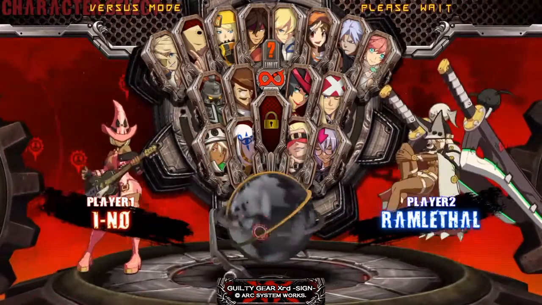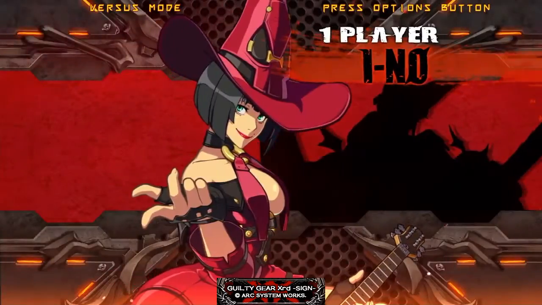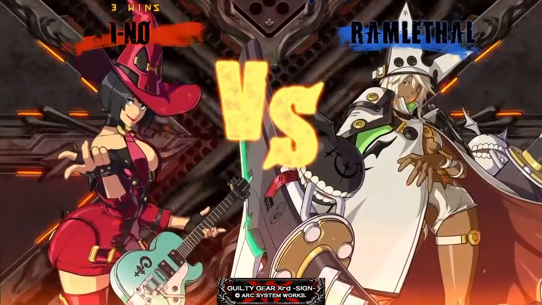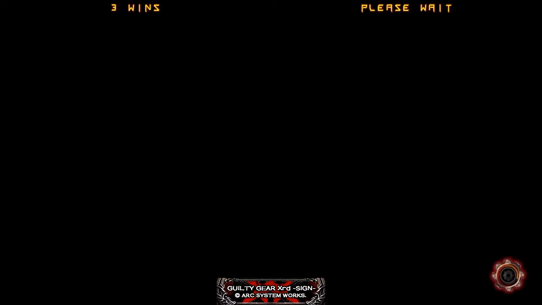A few of them were DLC, like the girl on the far right up top with the pink hair, and then you have Rementhal, which she also has a big role with the story as well. I mean, most of these characters have a big role with the story. So,